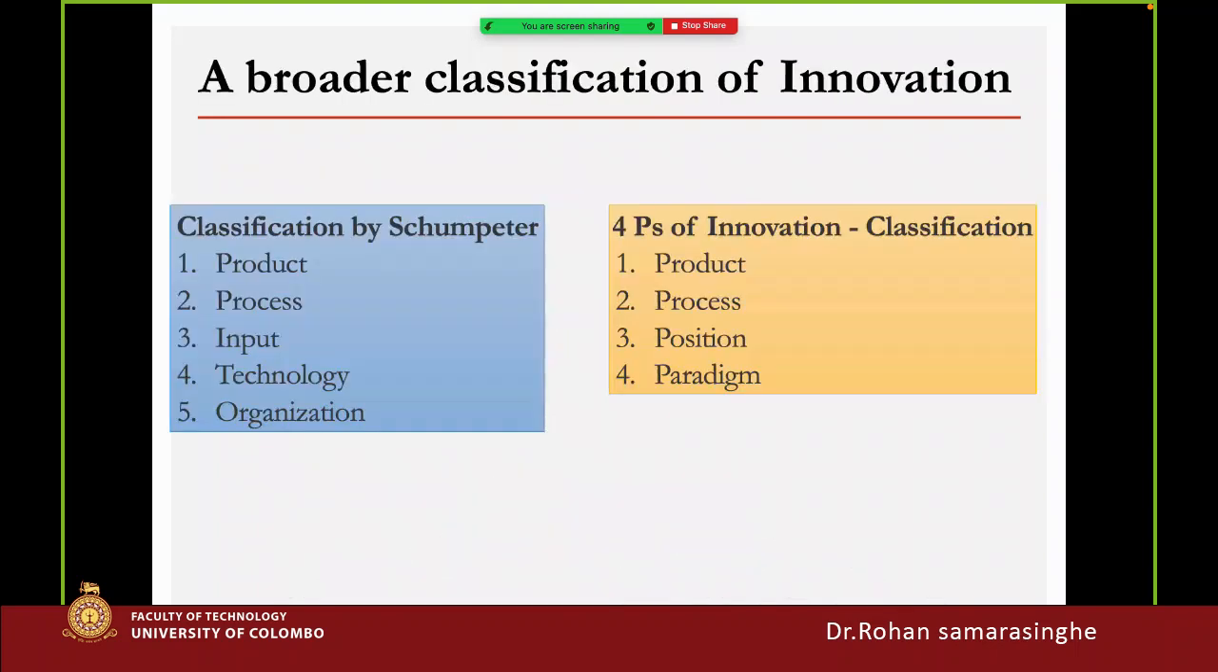So, a broader classification of innovation: we can classify innovation by what is called the Schumpeter classification: product, process, input, technology, and organization innovation. I explained in the previous lecture what is product innovation, what is process innovation, inputs, actually materials, then technology innovation. We can find this technology innovation and also organization innovation. Here in the technology innovation,